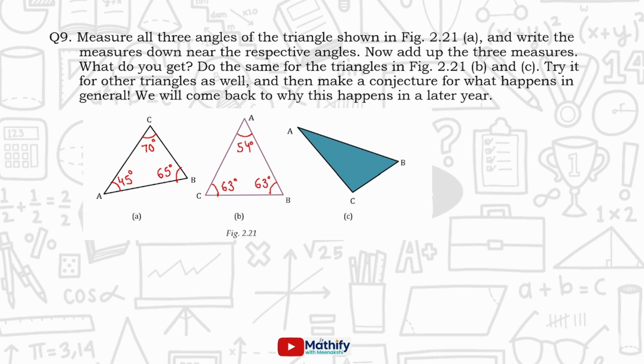Now we'll measure the third. This angle, with the help of protractor, you will measure. So this angle is 31 degree. This angle is 95 and this angle is 54. So they are saying now add up all the three measures. What do you get? If you will see carefully, we observe that